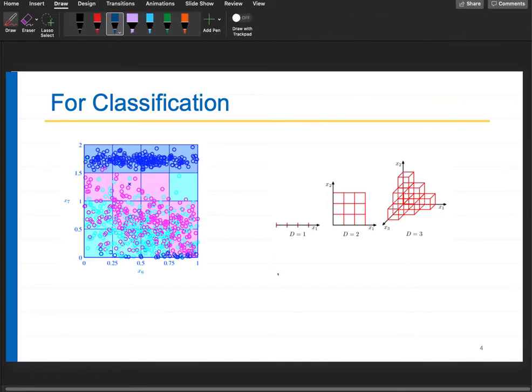If this is the dimension D, and this is the number of cells, which is 4 to the power D. If your D is 2, you have 16 cells. If you have 3, it becomes 64, and you can see it is increasing exponentially, right? If you have 20 dimensions, then the number of cells is very, very large. So that is the curse of dimensionality. By increasing the number of dimensions, your problem is becoming exponentially harder in this sense.